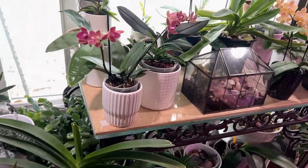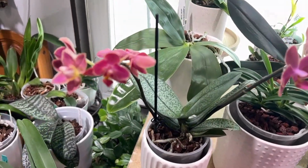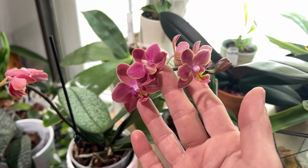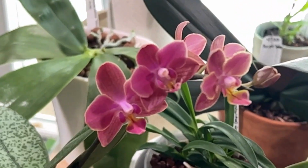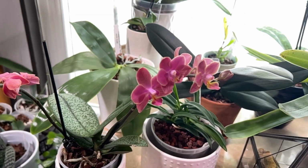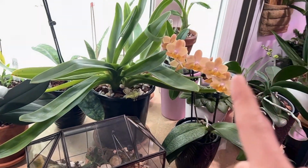But we do have a new leaf coming out on my Bellina Wild Type there. And then this one here is another one of those, what they call the Perfume Factory orchid. And this is the Dusty Rose. I did find it at my local grocery store, so keep a lookout. This one doesn't, I mean, there's a slight scent, but I don't smell it as strongly as I do the